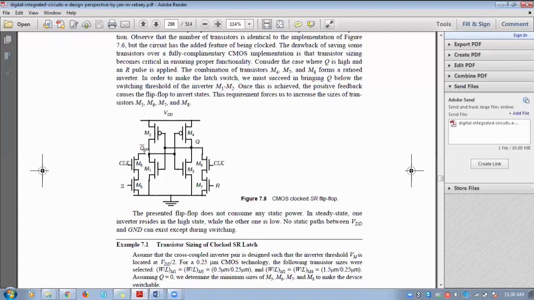So we have applied the bistability concept. Based on the clock only, S and R are going to come out, right? So clock and S are connected in series. Here R and clock are connected in series. Based on that, S may come out or R may come out based on the design. This is the simple clocked CMOS SR flip-flop. So it's a very simple representation. We have S clock and R clock, which are connected to cross-coupled inverters.